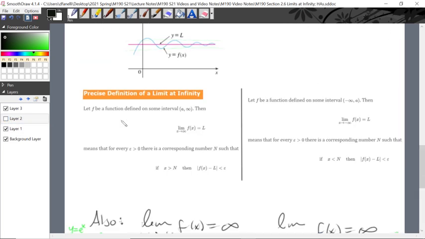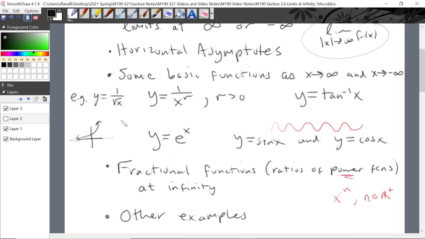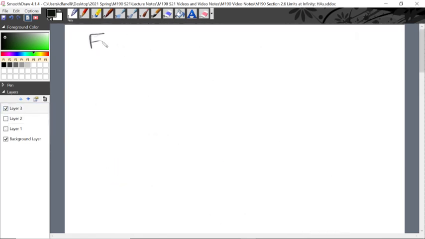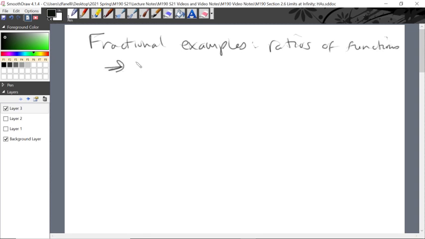Alright, so we've seen some basic functions, and we'll play around with those in some examples. Let's do some examples with some fractional functions, okay, and then we'll do some other examples after that. Okay, so let's try some fractional examples. So we're taking some ratios of functions here, and the technique we're going to use here,